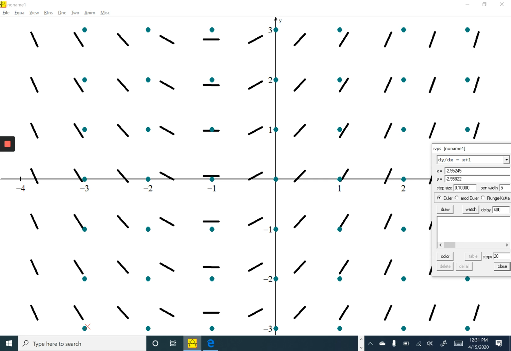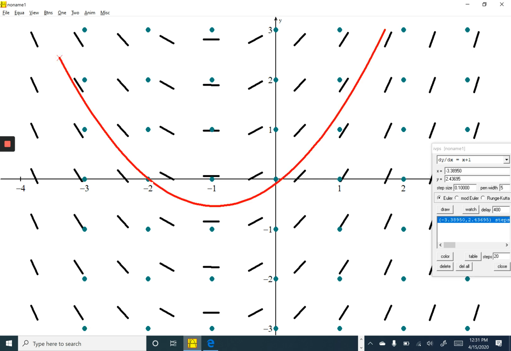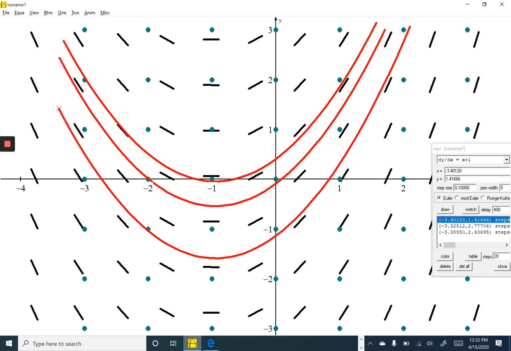So anyways, let's say I wanted to start the solution curve up here. There's what the solution curve would look like. So tap it up here. Wherever I tap, it's going to start the solution curve and follow the slope fields. Now remember,